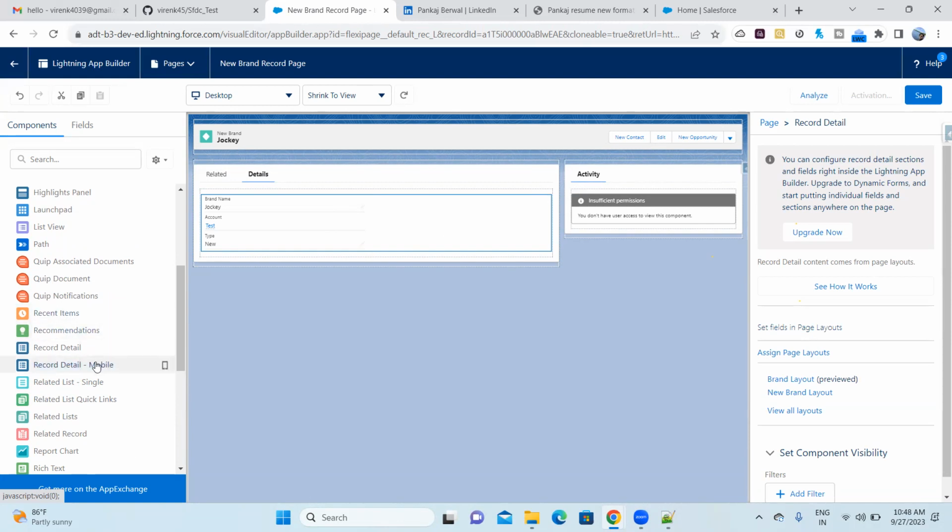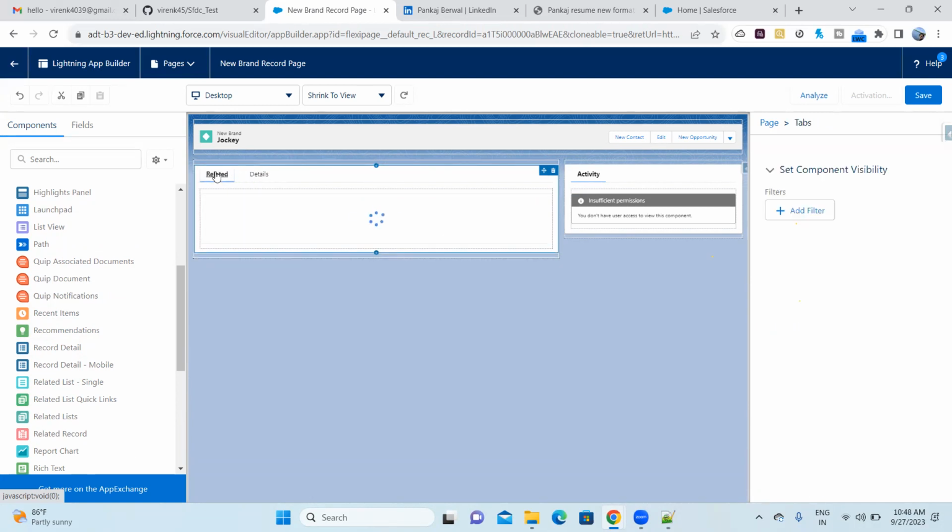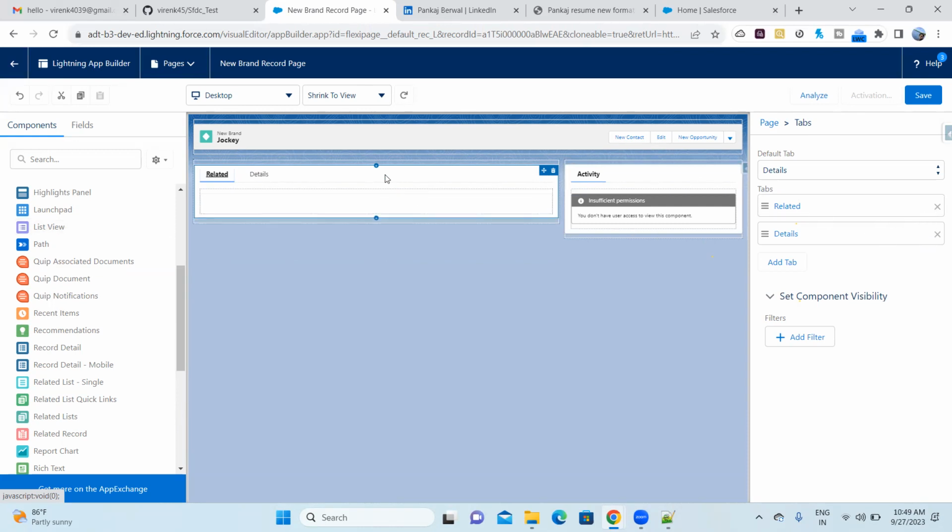Second is when you want to add a tab. So these are called tabs, okay, which you see here. So if you click here, these are FlexiPage tabs. Don't get confused: app level tab and FlexiPage level tabs. Okay. So these are called tabs. So this component you would be able to understand from here. You will be able to see the name here, tab. And you see these are the two tabs, related and detail.